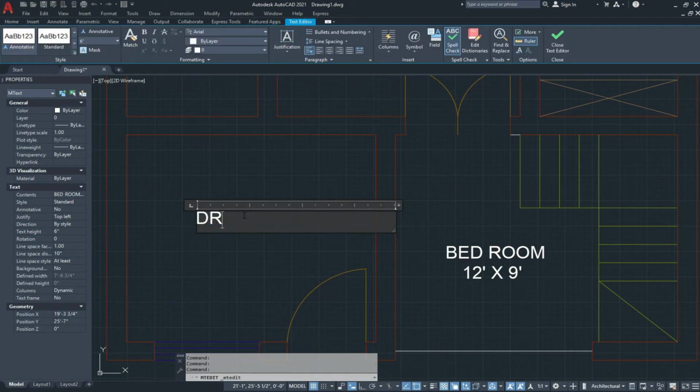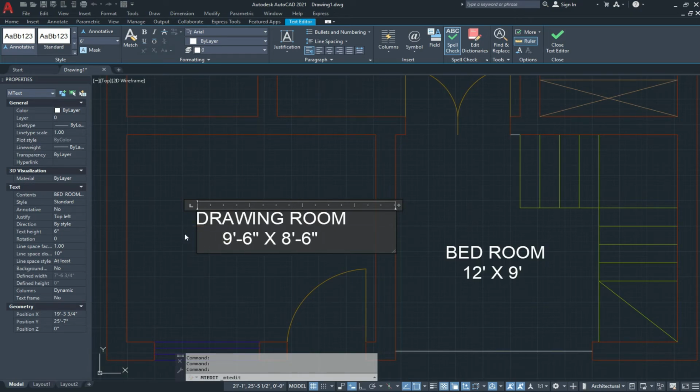And this is our drawing room area, which have the dimensions of 9 feet 6 inches, eight feet and 6 inches.